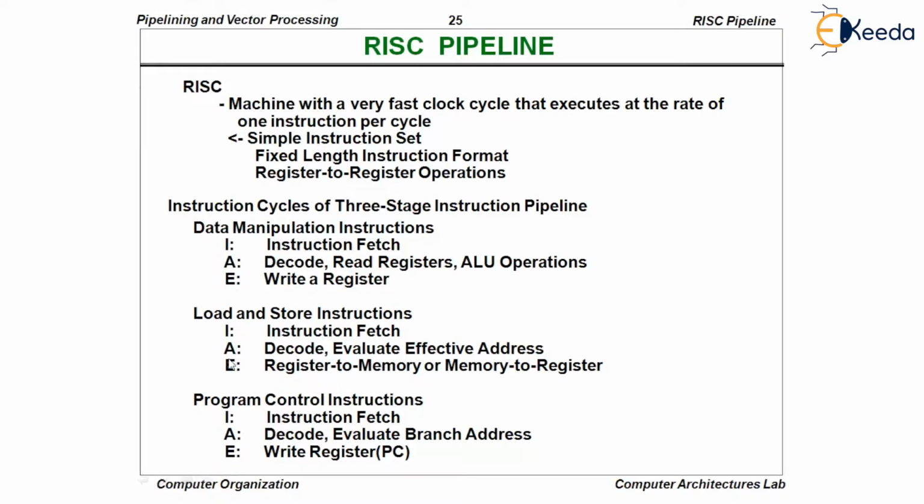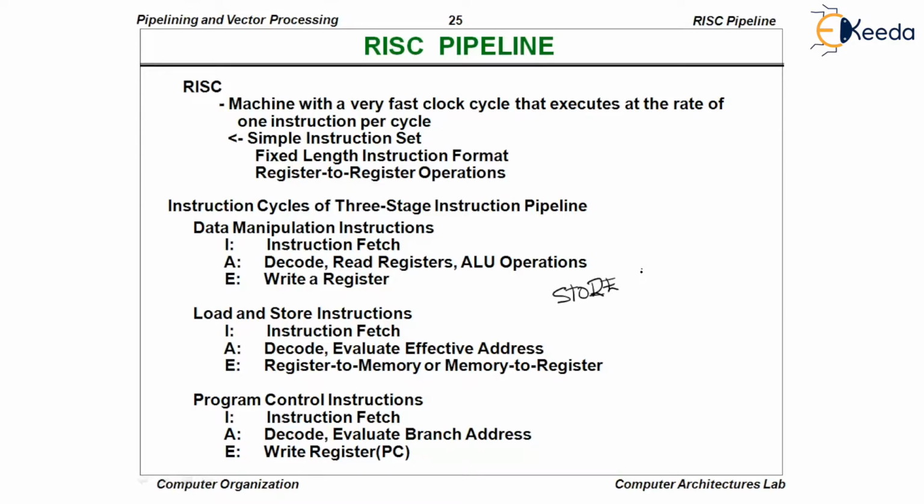And in the second stage, which is called the A stage, decoding will get performed, in addition to which the effective address of the location will get calculated. I will explain this using an example. Let us say I want to execute an instruction that is